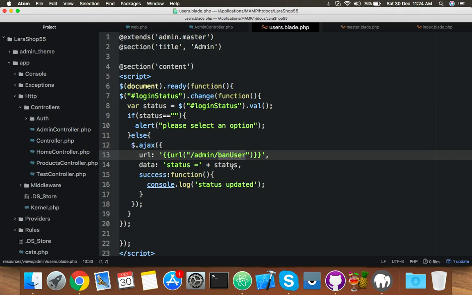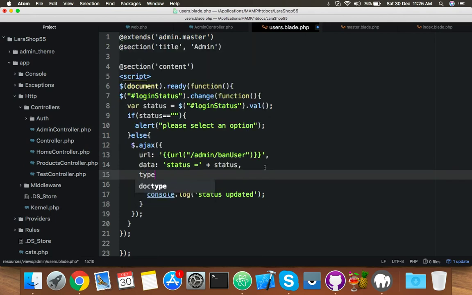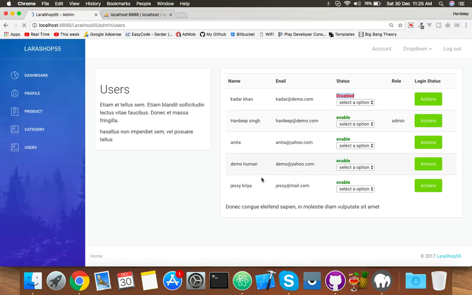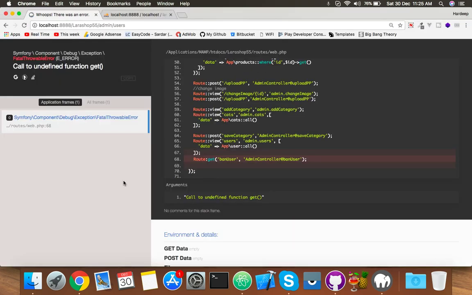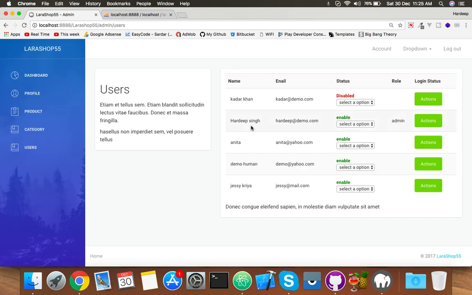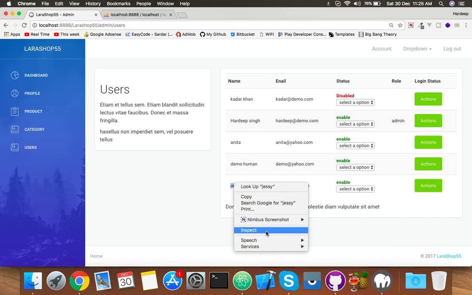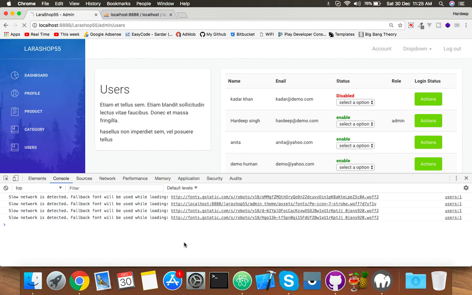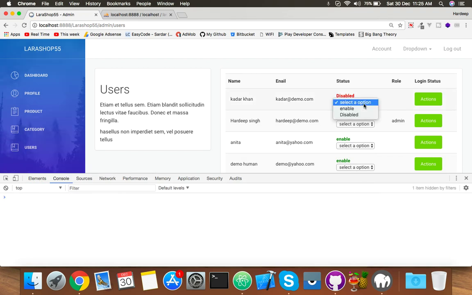Okay, inside the user you have to put the type, I think get. Let me see if I have any error. Okay, here you need one more sample. Reload, inspect element, reload, change the value. Okay, status update, because we are not showing anything here,